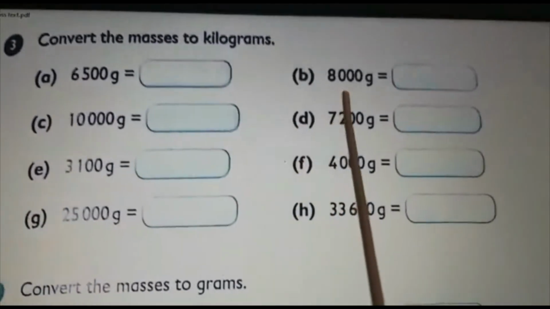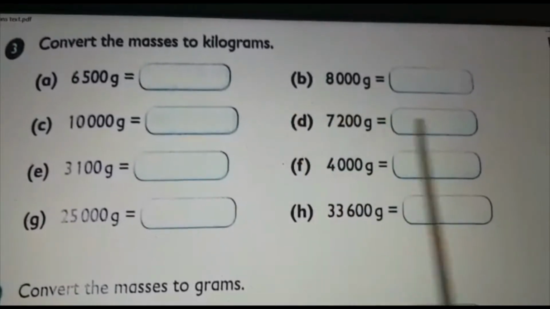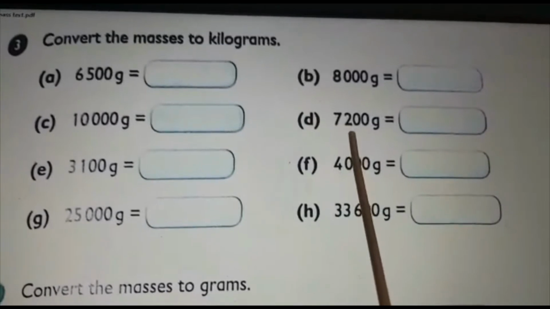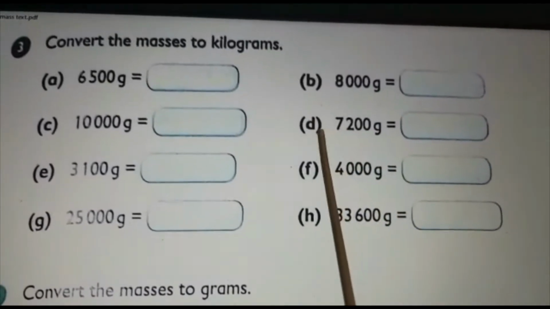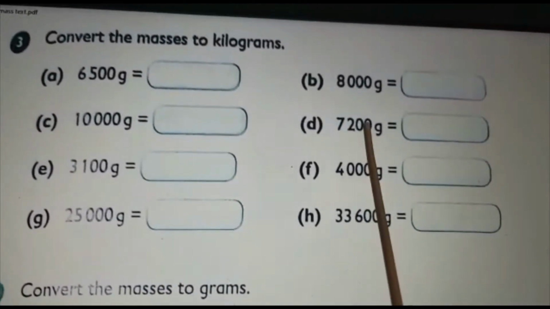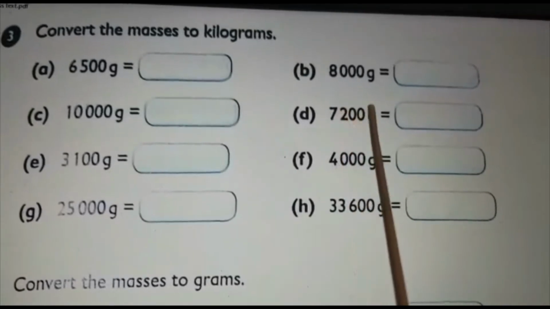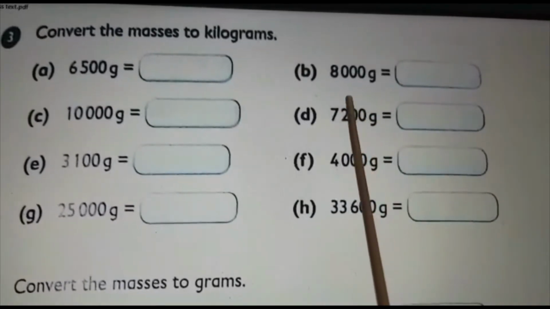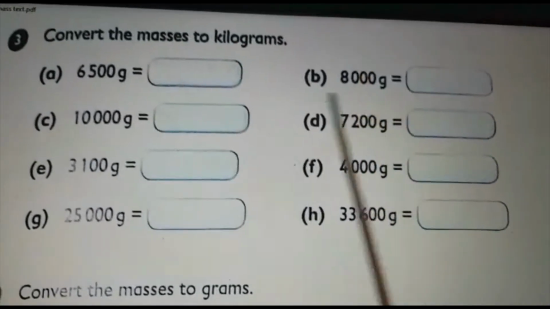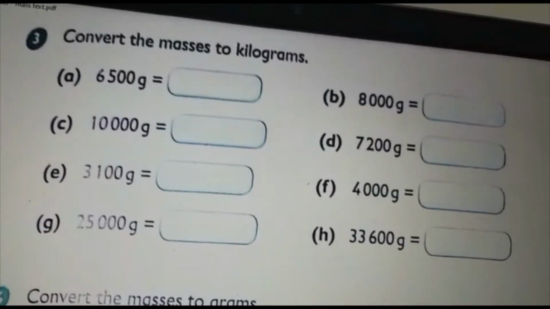Same thing. See, all the questions are the same way. 8000 gram. How can I do it? 8000 divided by 1000. All the 3 zeros will get cancelled, so it becomes 8 kilogram. Coming to this, 7200 gram. What will we do? Divide by 1000. Again, if you are not cancelling the 3 zeros, from here you move 1, 2, 3. Where will it come? We just need to count 3 places, 1, 2, 3, and in front of that you put the decimal. So it is 7.2. Like that you do the mass conversion from gram to kilogram first.